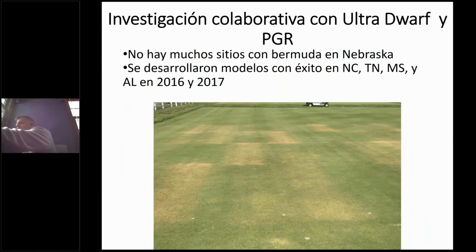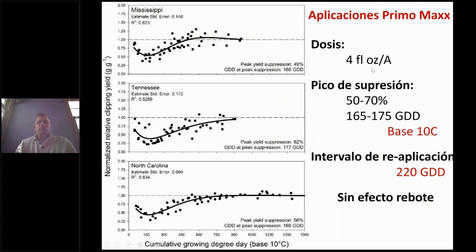If you were doing ultra dwarf greens, since I think I gave a PGR talk a couple years ago with you guys, I wanted to just show some of our latest research that was done at all of these sites in the southeastern United States during 2016 and 2017. And we can see the PGR effects and how much stronger they are. What we found for Primo Max was when we did a 4 fluid ounce per acre rate of Primo Max, the reapplication interval should be about 200 growing degree days. And you might think, Bill, that's very similar to what it is for cool season grasses. The important thing to remember is this is a base of 10, and for cool season grasses, it's a base